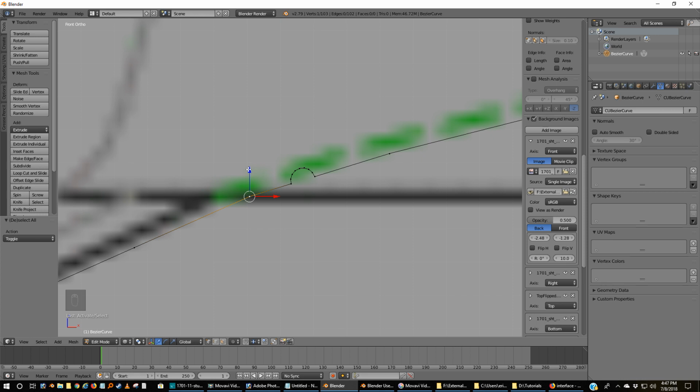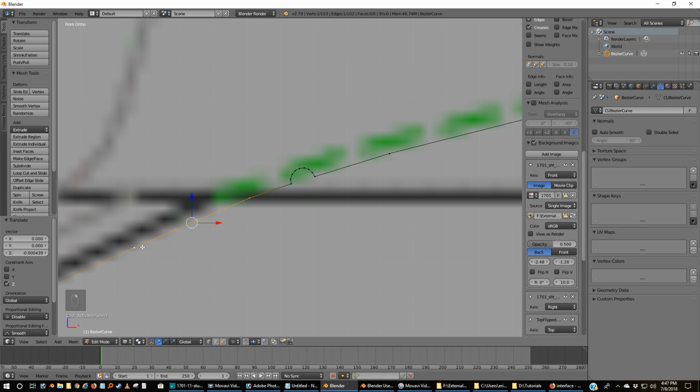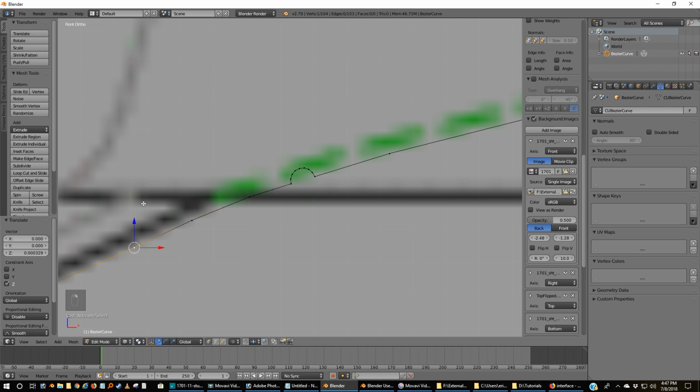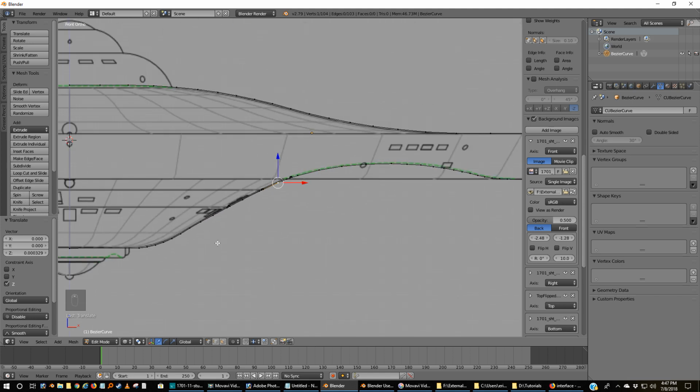I'm going to bring this down just a little bit, get rid of that. Matter of fact, what the heck? I'm going to subdivide, add another joint here, make that a slightly smoother transition. Okay, pretty cool. All right, so now,